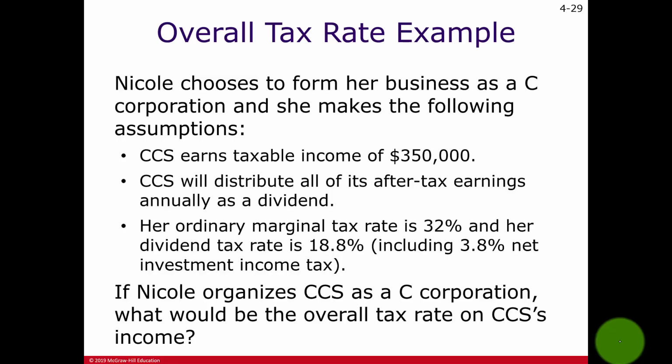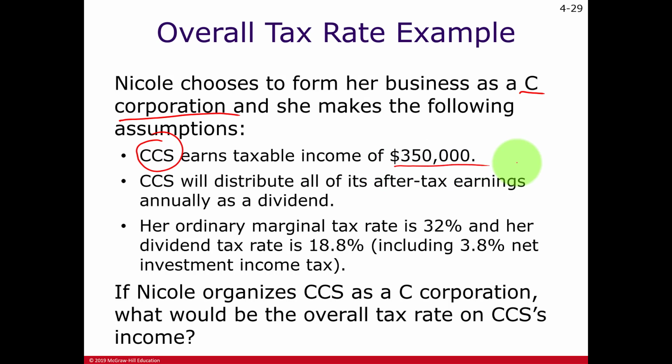Here's our part 3 for chapter 4 video lecture, where we're going to go through some examples of taxable entities, that's C corporations, versus flow-through entities, that's S-type corporations. So we have Nicole, who is forming a business with a C-type corporation, and this C-type corporation, called CCS, has taxable income for the year of